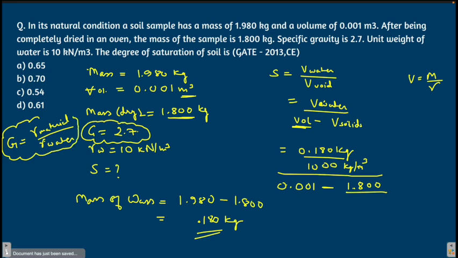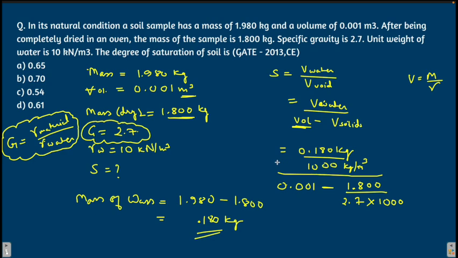So this you should remember. This is another important relationship: G is density of material by density of water. Now if you multiply specific gravity with the density of water, you will get the density of material. That means I'll get the density of dry mass, and once I get the density, I can easily find the volume, because mass of the dry soil is given to us. Let's do that. So 2.7 into the density of water, which is 1000 kg per meter cube, right? So just solve this and you will get the answer.